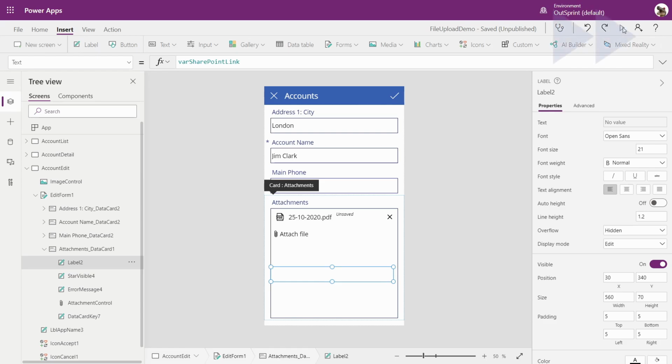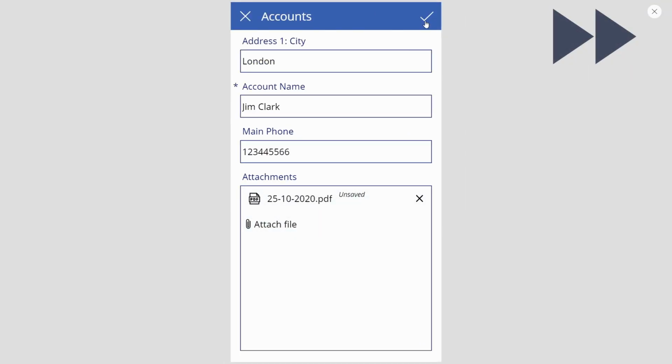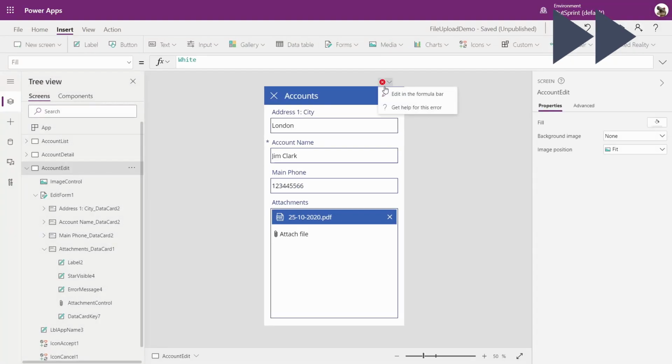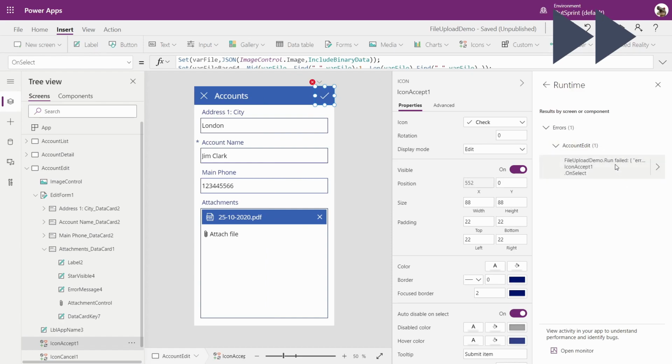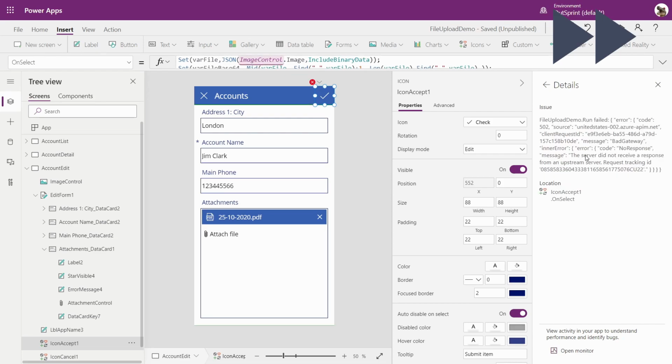Okay, this should be sufficient, and we are ready for a quick demo. Let's run our app and upload the document into SharePoint. Something went wrong. Let's take this opportunity to check the monitoring capabilities of Power Automate. Let's start by navigating to our flow in the Power Automate console and see what could have been the error. It was not a successful test. Let's try and figure out why.